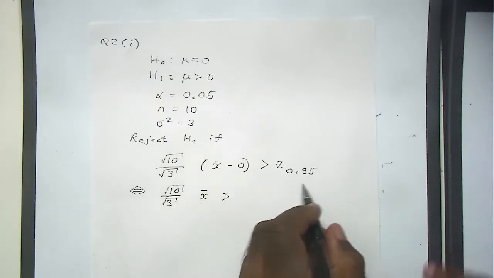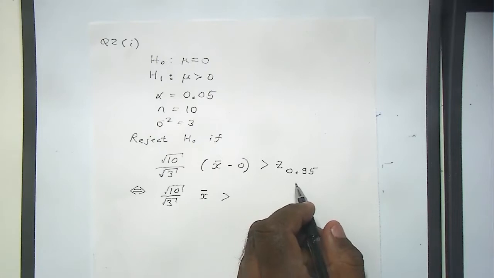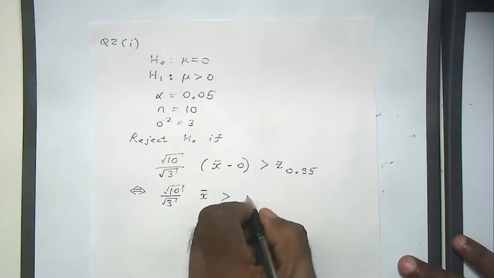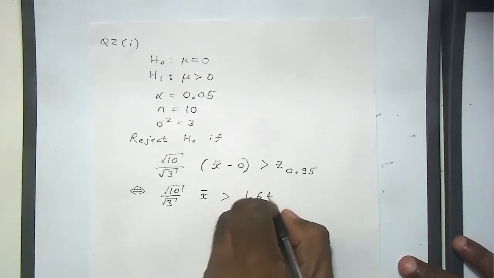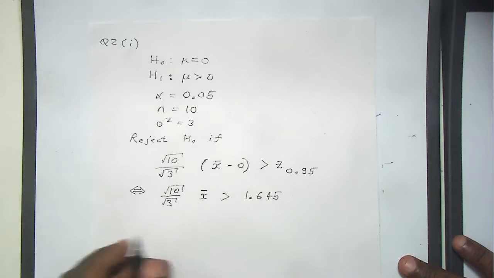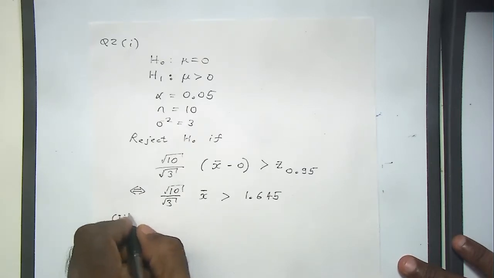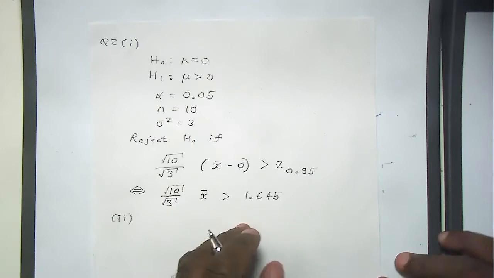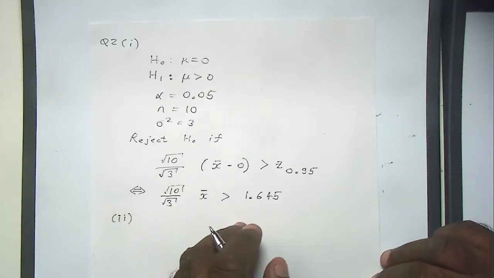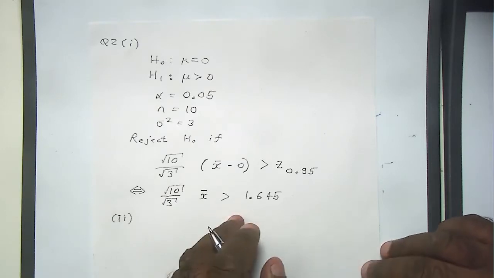Now, can somebody tell me what this is? What is that 0.95? Can you read the table, please? 1.645. Okay? So this is part 1. Okay, part 2. Are you guys okay with this or not? Do you follow this? Alright, part 2 is to calculate the probability of type 2 error if the true value of mu is